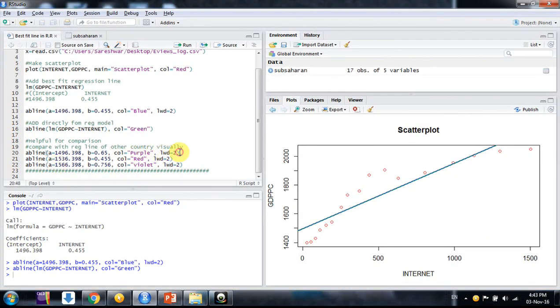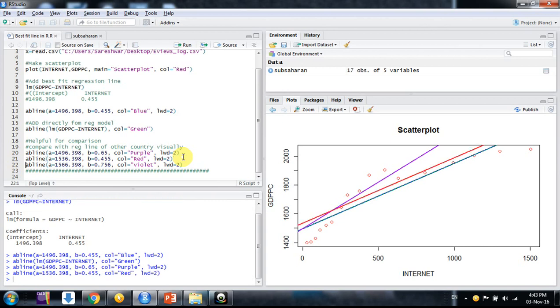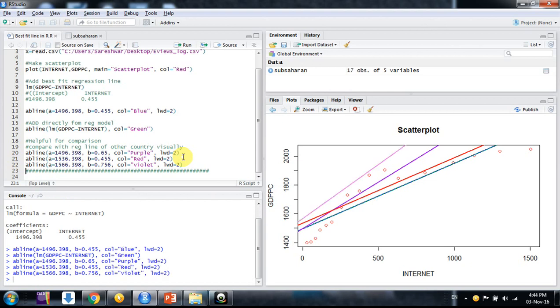So if I do this, I can see visually for that country. Similarly, for another country that has a different intercept but the same slope, and a country that has a different intercept and different slope. So suppose I have 7 countries in my sample. I can make 7 regression lines for them and see visually what is the difference between the intercepts and slopes. So it would be very easy for me to compare them.